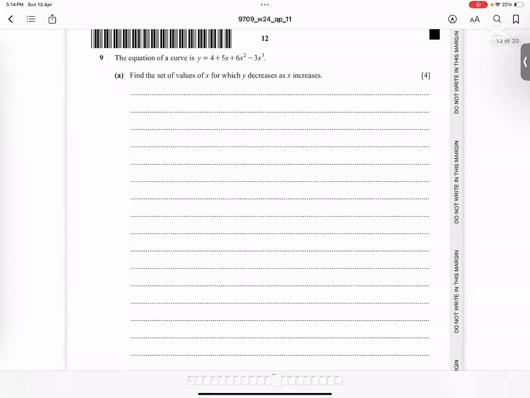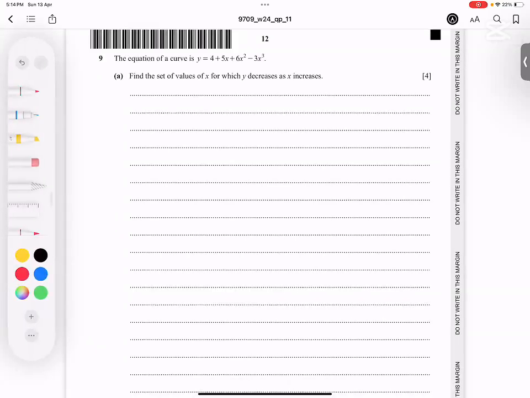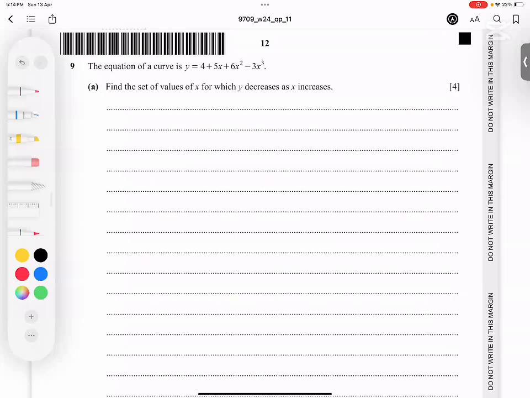Question number 9. We have the equation of the curve as given. Find the set of values for x if y is decreasing as x increases. This is just for your confusion, so leave it. Y decreases, and the curve decreases. Okay, I just tell you,